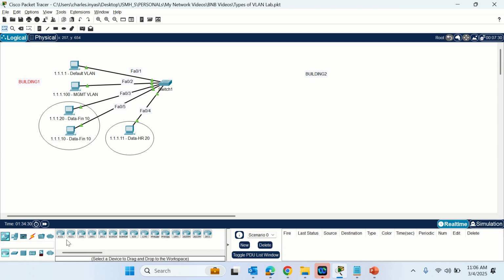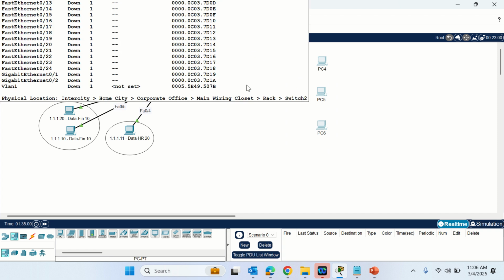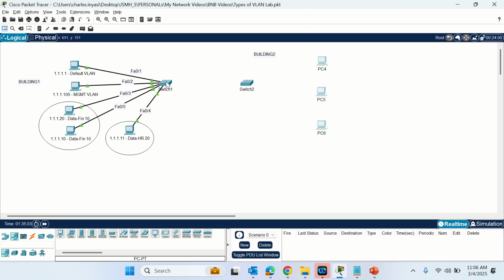Let's begin. I'm going to create a switch over here, in the second building, switch 2, and then I'm going to assign a PC for management VLAN, a PC for data VLAN, and a PC for HR VLAN. Let's have three VLAN PC systems. This is building 2, and this is a brand new switch we are going to connect. So let's connect this PC, this switch,